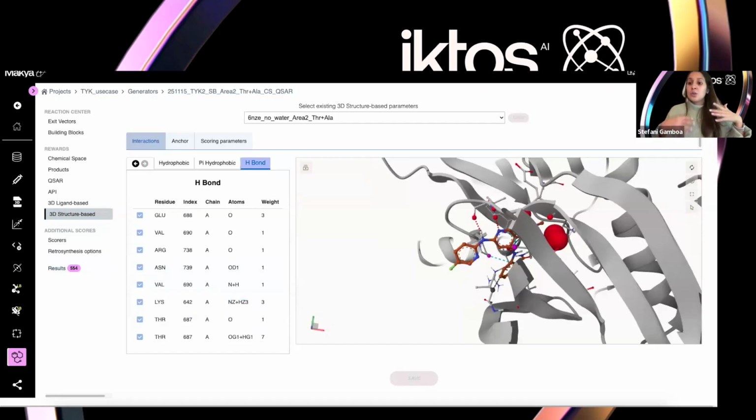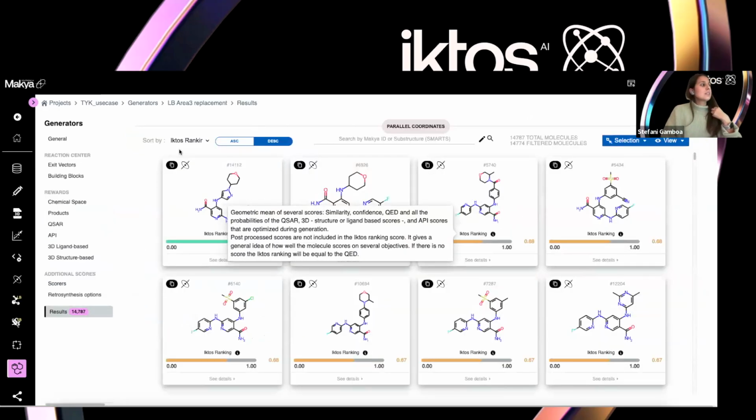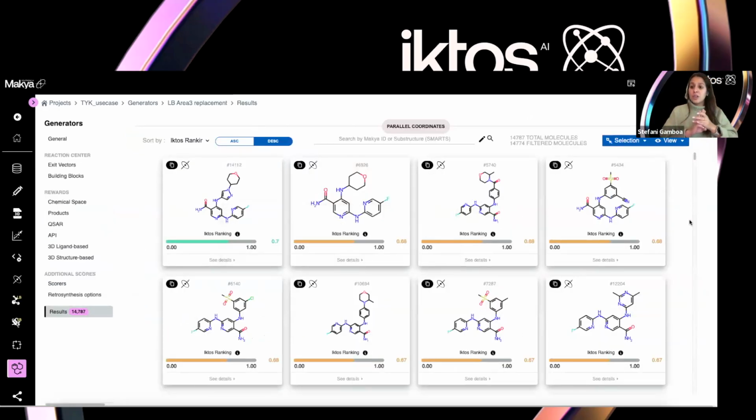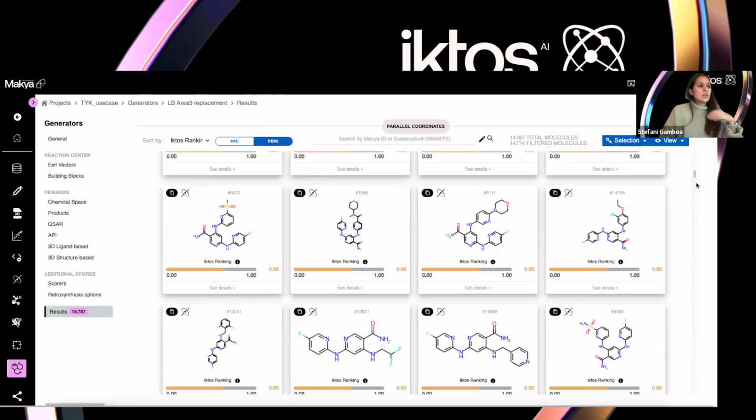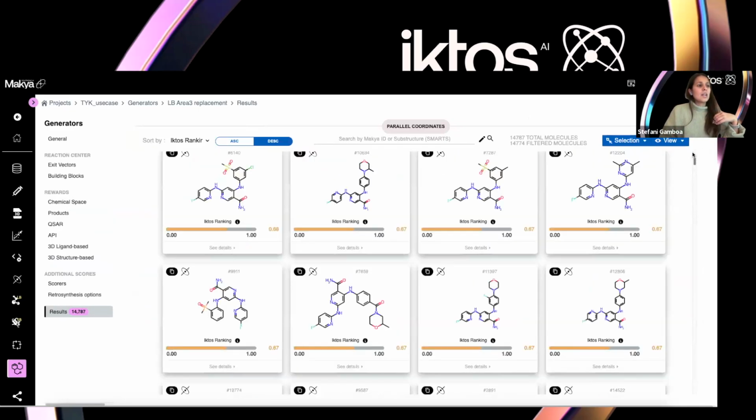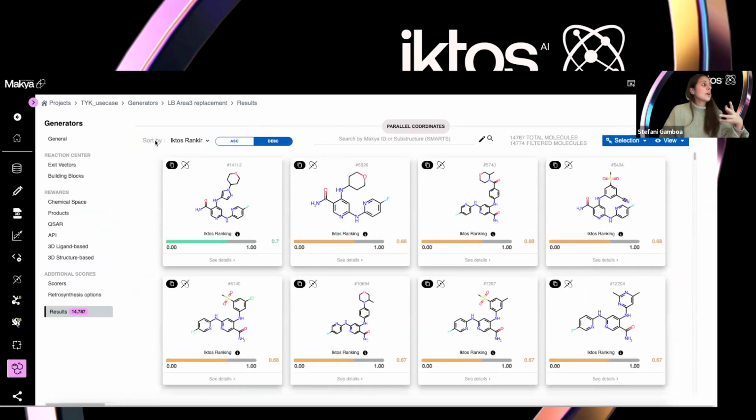And just like that, you are ready to run the generators and to see your results. So let's explore some of the results. These are the results from area 3, so the one with the pool permeability. So here you can see all the listing of molecules, and these molecules are going to be sorted by